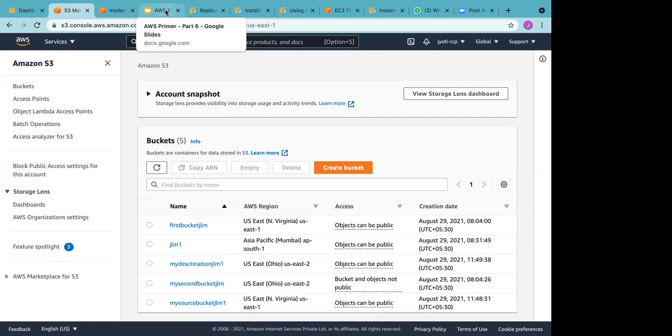So we had two parts. In the first part, we talked in detail about different sub-resources of S3, which were replicate your storage classes. Also we studied that we can use S3 for storing your static content, and we did one exercise as well. We talked about versioning, we talked about lifecycle management, and then today we saw how you can copy data from one bucket to another bucket, which is available in different regions.